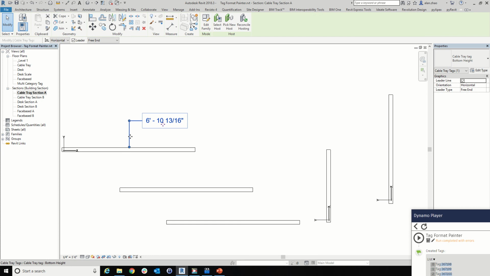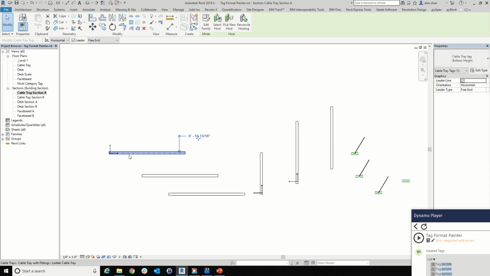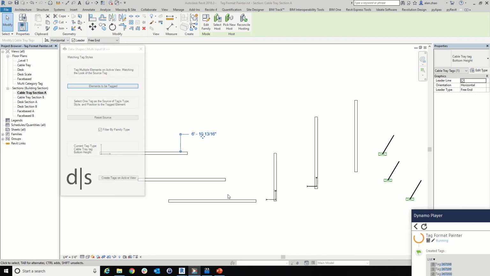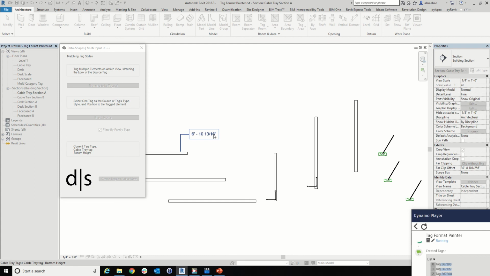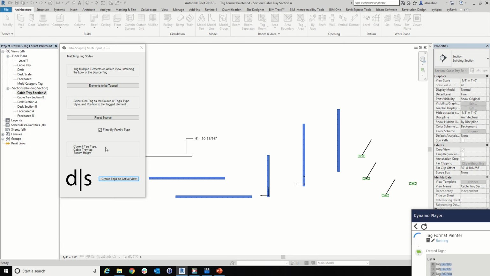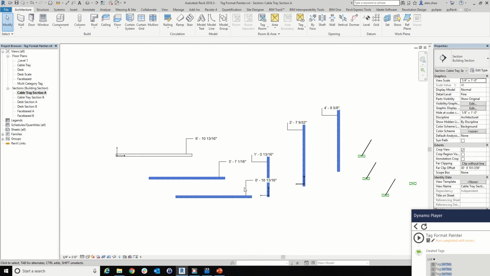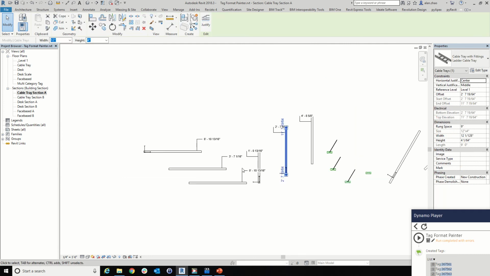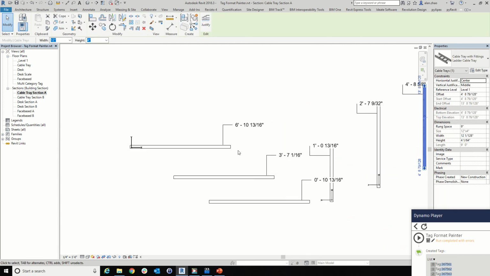for example, if my source is over here, you see, like at the end of this tray, I'm going to select source element to be tagged 1, 2, 3, 4, 5. The newly created tag will also be at roughly the end, meaning